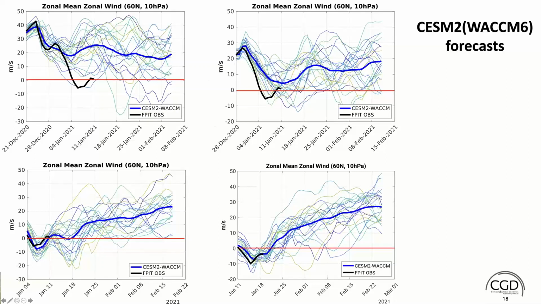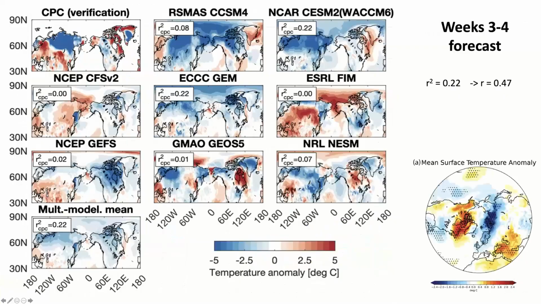On December 28th, when we ran the forecast, you see a substantial number of members predicted the sudden warming, even though the ensemble mean did not. And it was lucky that we ran our forecast on Mondays. So January 4th, we ran our forecast and the warming came the next day. And this time the ensemble mean perfectly captured the warming, and then the recovery too. So we were really happy that the model was doing something correct in terms of capturing sudden warmings.